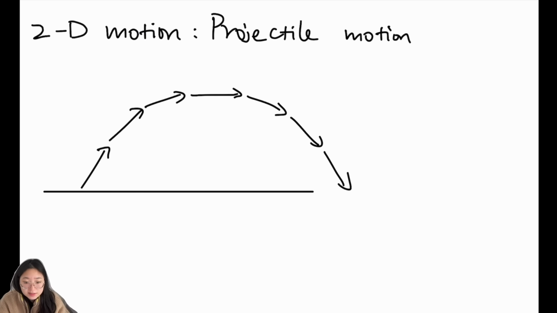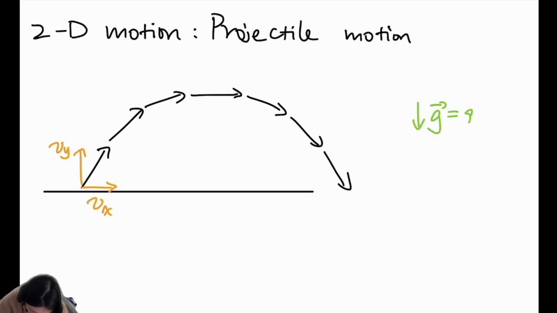Velocity is a vector quantity, and as for any vector, we can always separate it into the x component and the y component. So for the initial velocity, I'm going to rewrite it as the addition of two vectors, vx and vy, the two components. And then along this projectile motion, only the gravitational acceleration is applied on this object. From the very beginning to the end, it's always the gravitational acceleration pointing downward,